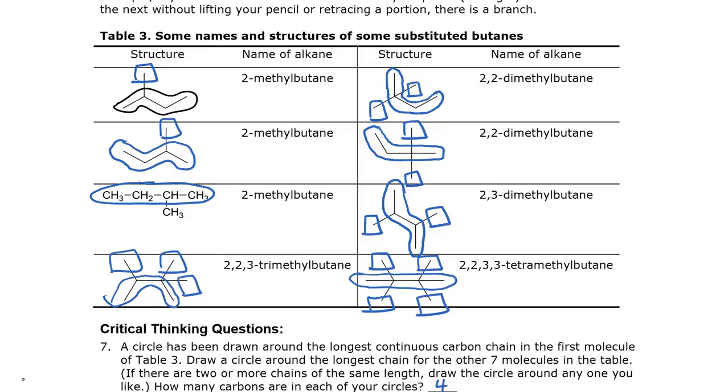Okay, so if I count the total number of boxes, 1, 2, 3, 4, 5, 6, 7, 8, 9, 10, 11, 12, 13, 14, 15. Even if you circled different base chains, for each of the molecules you should have the same number of boxes. So just for example, on this one, when I circled the base at the bottom and I have 3 boxes, if I had circled a completely different base chain, so let's say I pick this one, which still has 4 in it, when I make the boxes, I still have 3 boxes. So whichever one you have, it will be fine. It'll come out exactly the same.